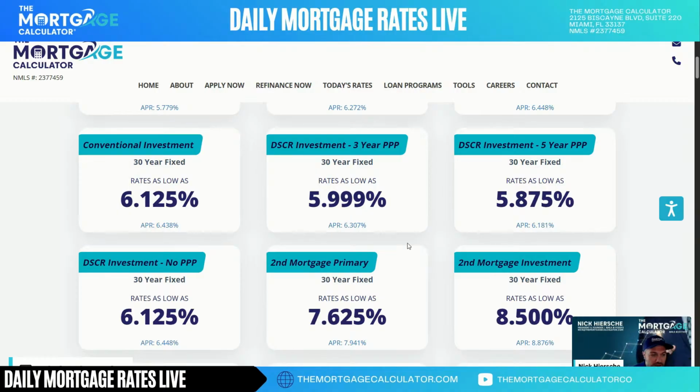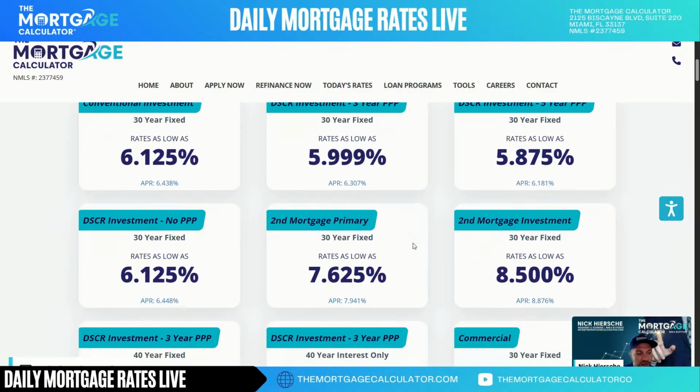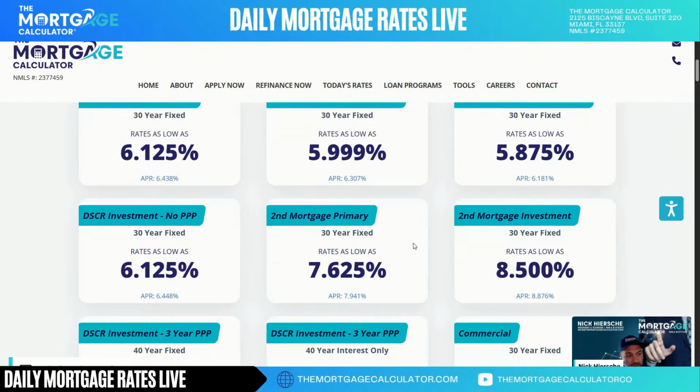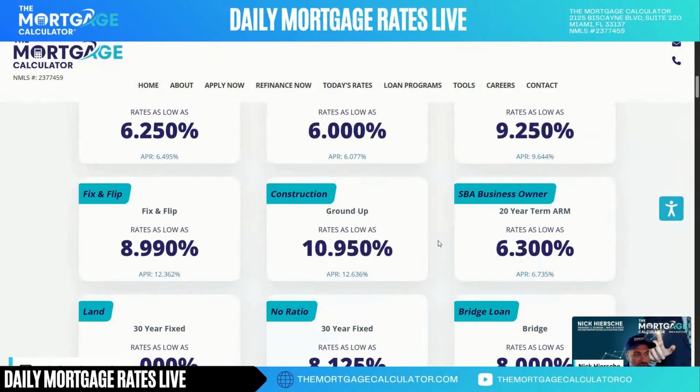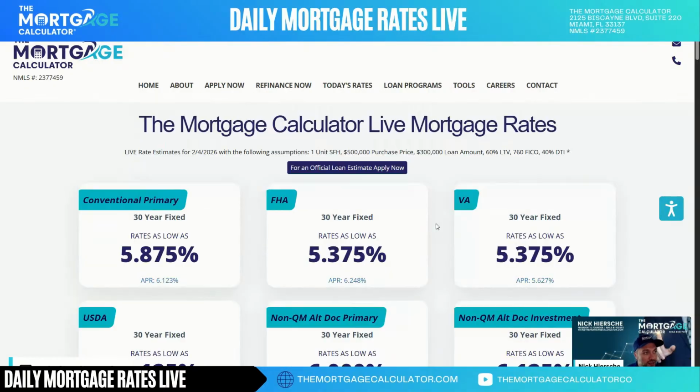You can see here we have second mortgage options, fix and flip options, construction options, tons of different options here. You can get with any of our team members. Our 200 plus licensed loan officers would be happy to send you a full loan estimate for any. But let's get into our topic for today, which is going to be about